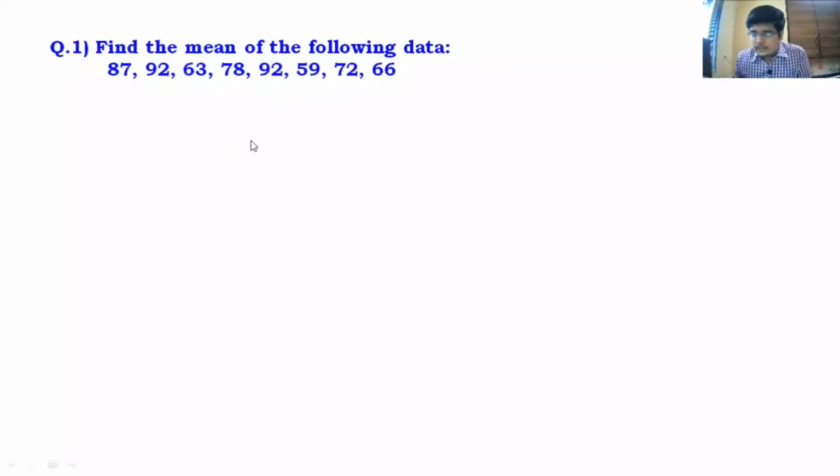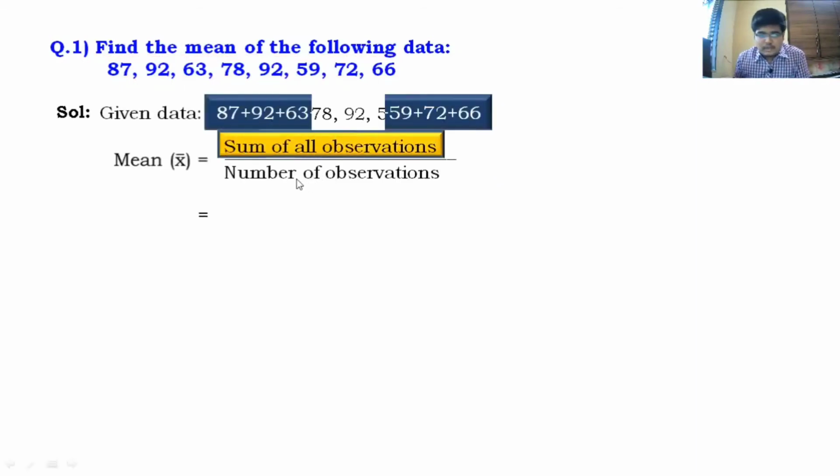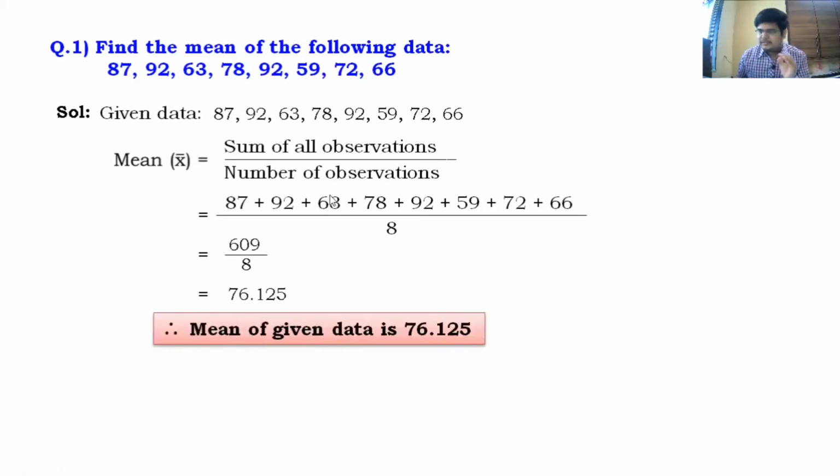All right, so I hope guys you have paused this video and you have solved this. So come on, we'll check the answer. So mean is simply addition of all numbers divided by the number of observations. So here addition of all numbers, when you add these numbers, just check this calculation, you should get 609. Divide by number of observations, here it is 8. When you divide this, keep the answer to 2 or 3 decimal places. Here the division ends at 3 decimal places. That is why we have taken it to 3 decimal places. So the answer is 76.125. That's the final answer. Mean of the given data is 76.125.